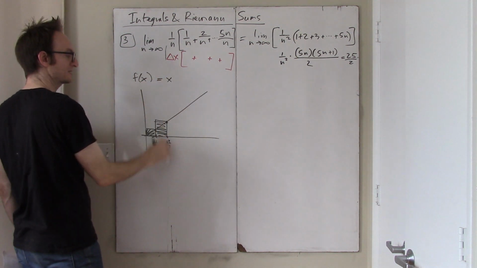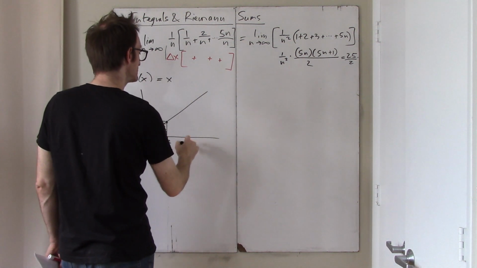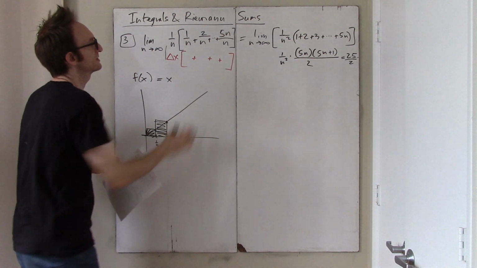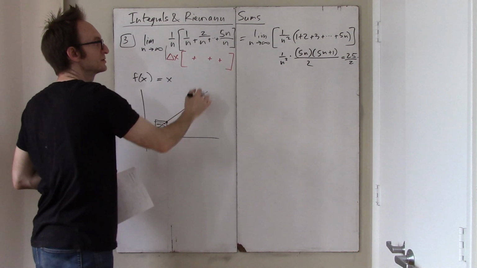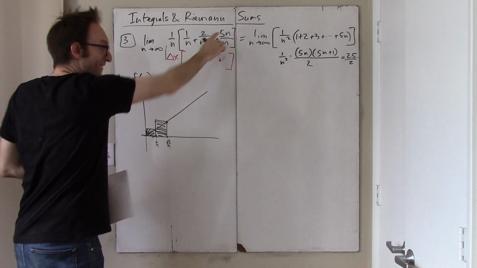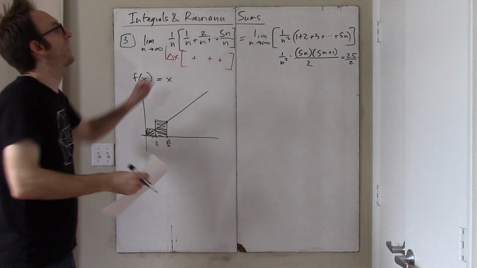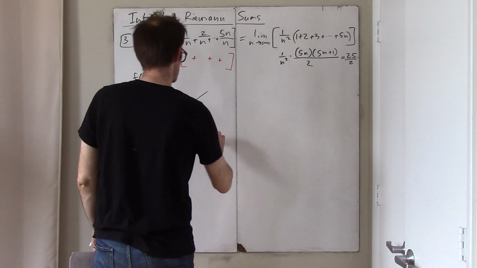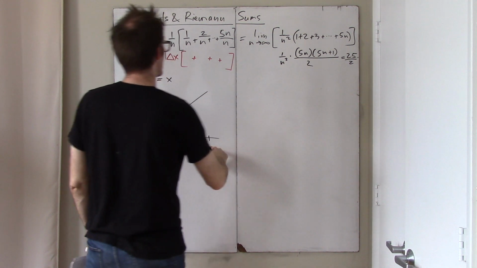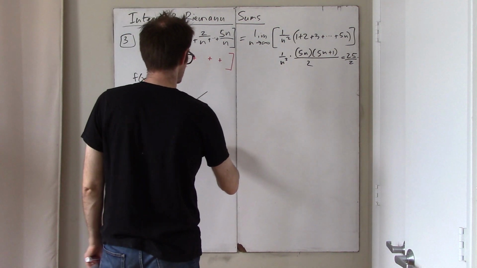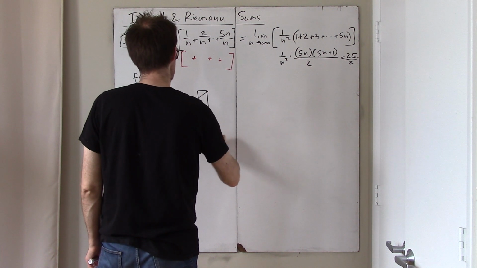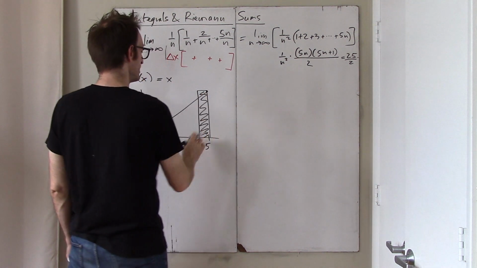I plug in 2 over n, I get 2 over n back, etc. What makes this a little bit interesting is that this pattern, if you assume it continues, 1, 2, 3, 4, all the way up to 5n. So in fact, there are 5n terms which I'm adding here. And that means that I'm going all the way out to 5. And so the last rectangle, the 5nth rectangle,